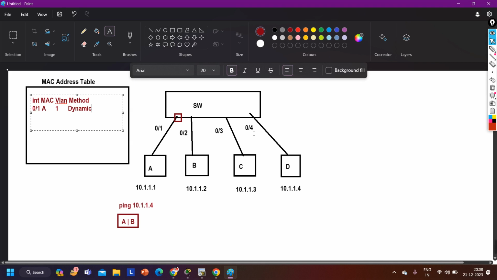When the switch forwards one copy of the frame from each interface except the receiving interface, what will PCB or PCC do with the frame? It will simply discard it, right? Because the destination MAC in the frame is B, and their MAC will not be B, the destination MAC will be D, right? So computer B will discard the frame, computer C will also discard the frame, and this machine will generate